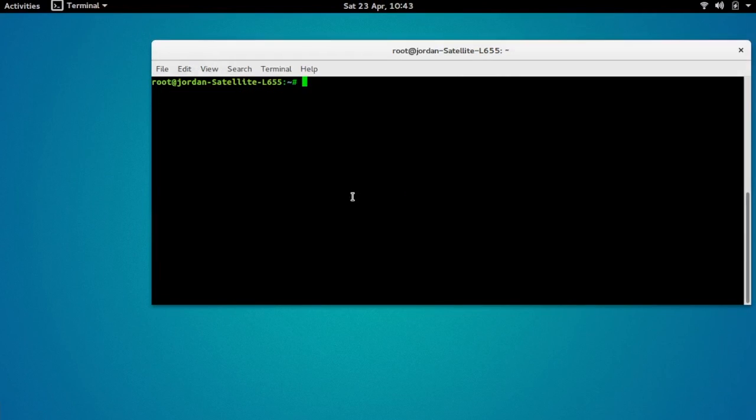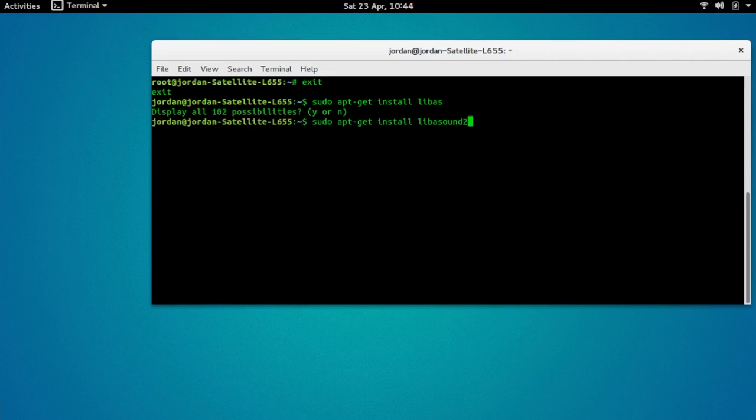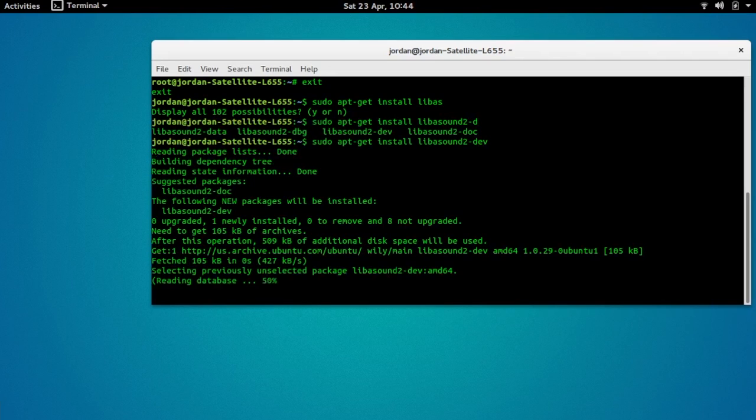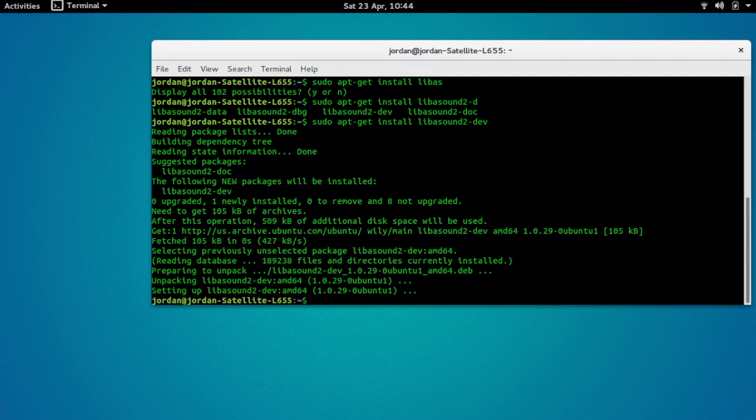The next thing we have to do is install a dependency that is required to get Direwolf to compile. So let me get out of this. What you would type in is sudo apt-get install libasound2-dev. Once that's complete, we could then